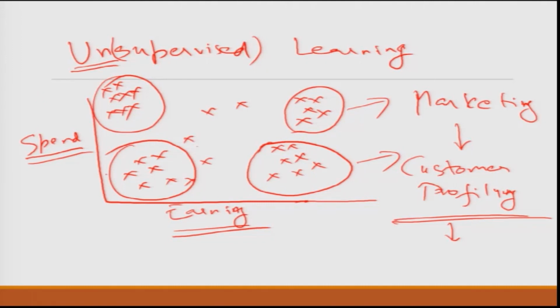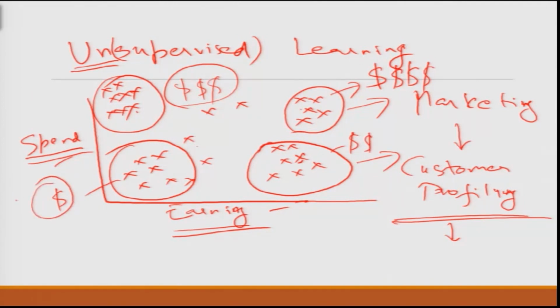So going back to this slide, this is nothing but a cluster analysis. They looked into multiple parameters. We looked into just spend and earning. They looked into many more parameters, and they found out what these clusters look like. Now from a marketing standpoint, depending upon the money they give, dollar, dollar, dollar, they find out these clusters, they get into a deep dive, they try to get as much information about it as many parameters support.